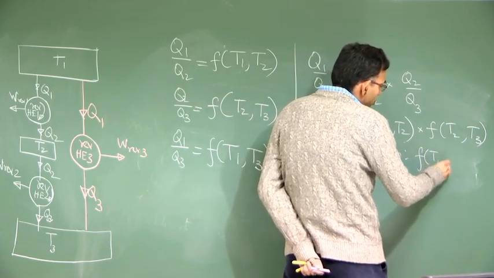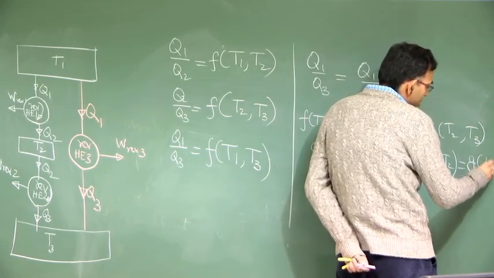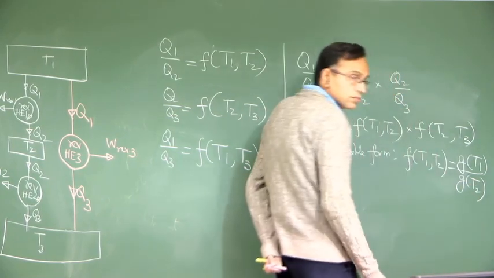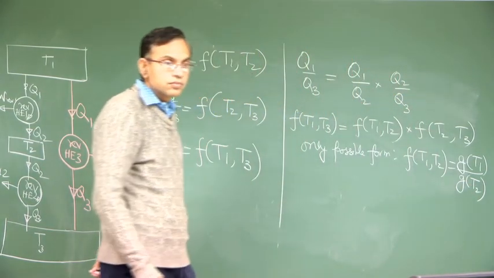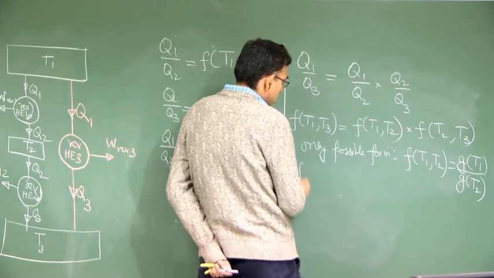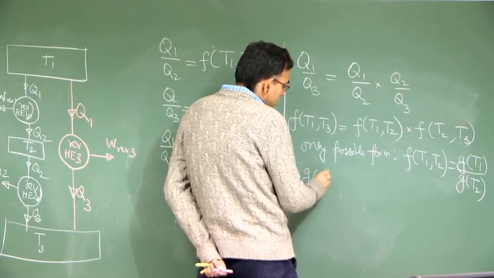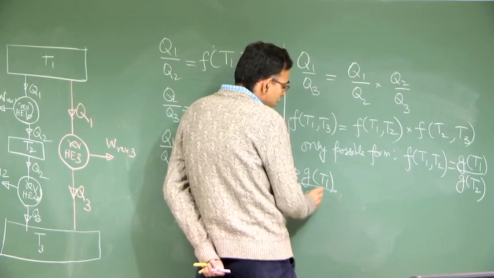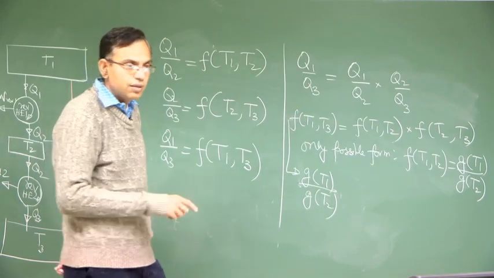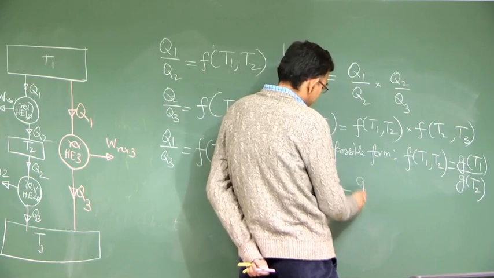F(T1,T2) is a function g(T1) by g(T2). Right, because then this becomes g(T1) by g(T3)... well, there could be even other forms which could satisfy this, but you cannot generalize it. I mean, only some special forms will satisfy this. To generalize this, you can write